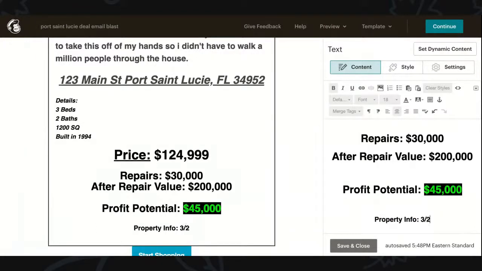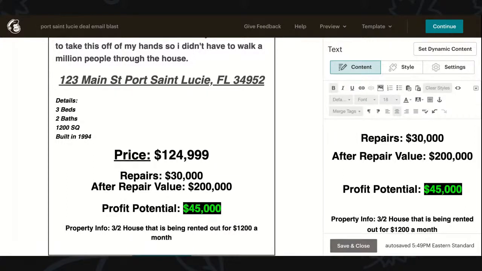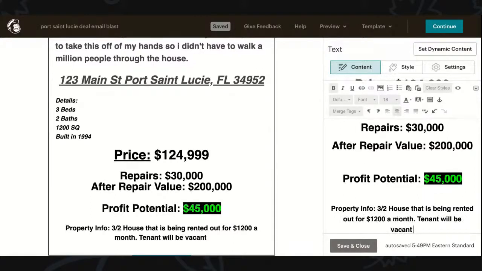Maybe just a 3-2 house that is being rented out for, just say, $1,200 a month. Tenant will be vacant on closing.